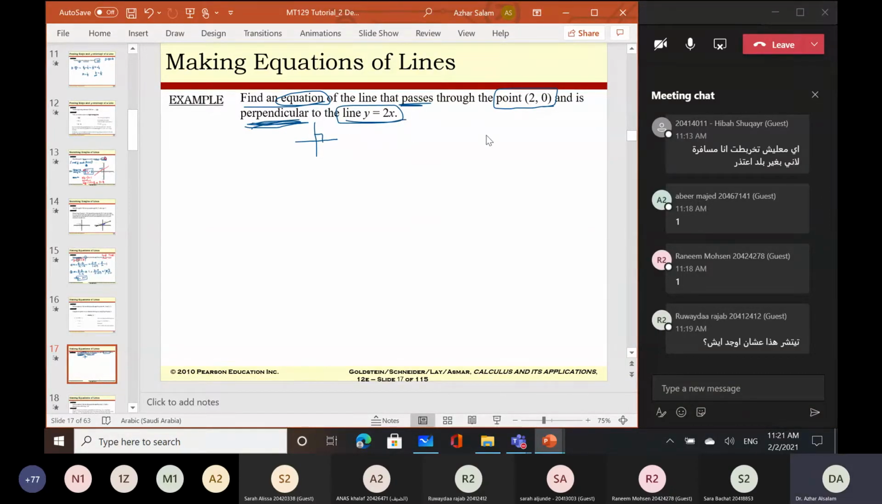So what's the given information here? I have a point. This is given. I have x1 and y1, which is 2 and 0. And I have information about the slope. I have another line, which is y equals 2x. And the required line,